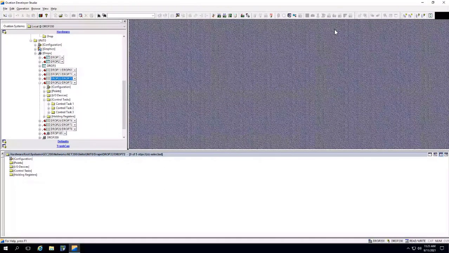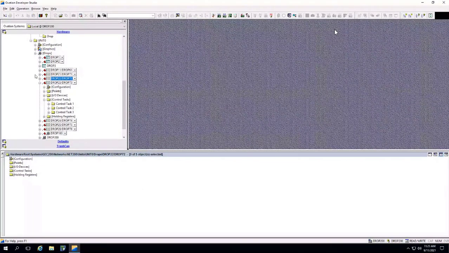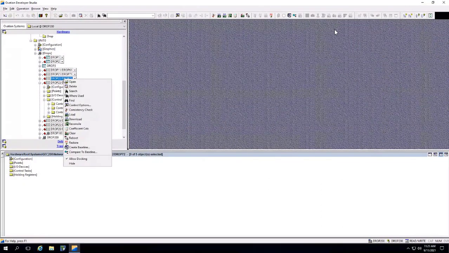Is my screen visible now? Yeah, it's visible. So when you do the operations on the screen, if it's a little bit slowly, then maybe that can fix the network lag problem.